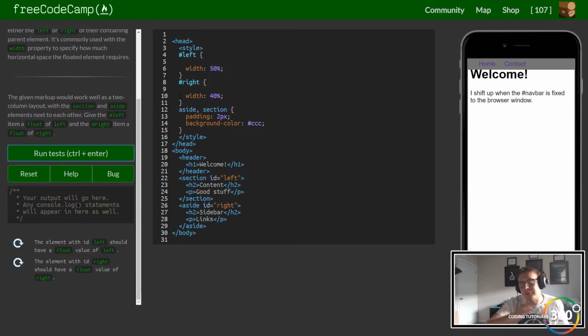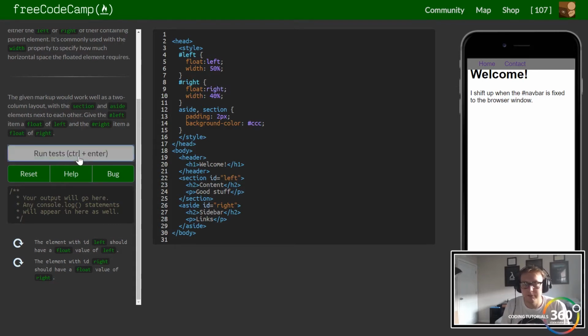Now, you can push things to the left or the right. So this home and this context is kind of weird. What we want is the ID left. We want to float it to the left, meaning we want everything to go left. And then the right, we want to float, have our text go to the right. And when we run this,